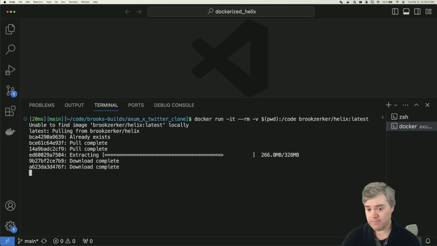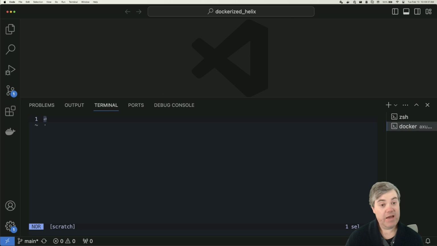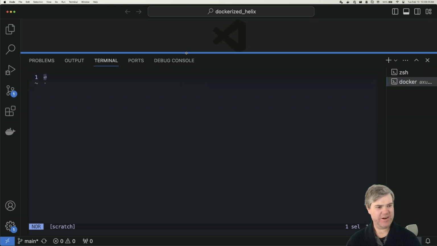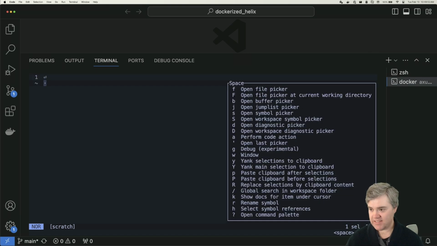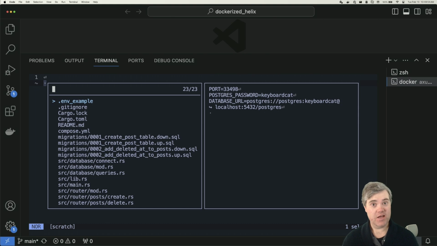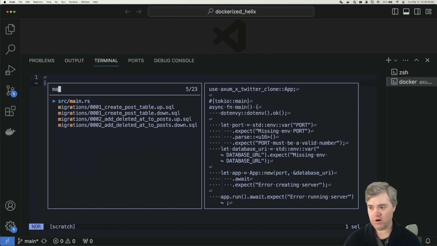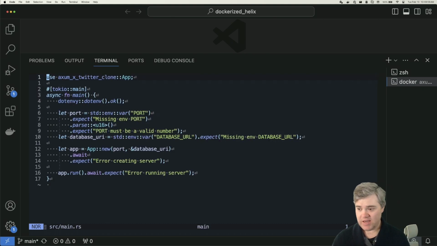And when it's done, it has dropped us into a Helix editor here in our terminal, which is kind of weird looking to have an editor inside of an editor, but this is what it is. We have a CLI editor now. If I do space F, I can see all the files for this repo in here. And if I search for main and load it up, not only is everything looking correct,